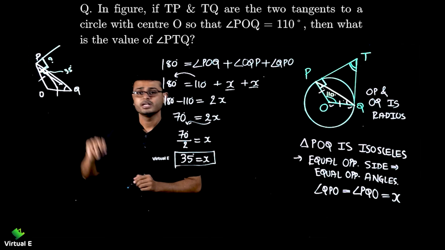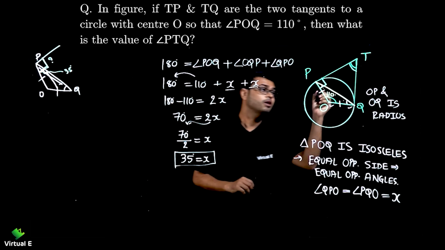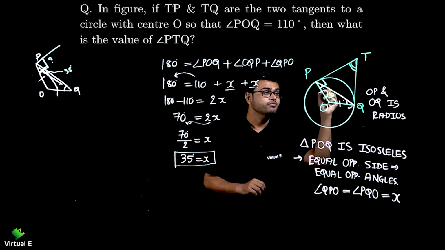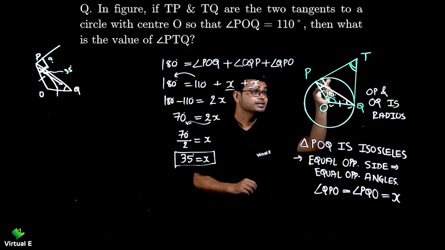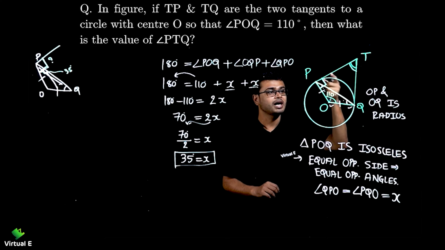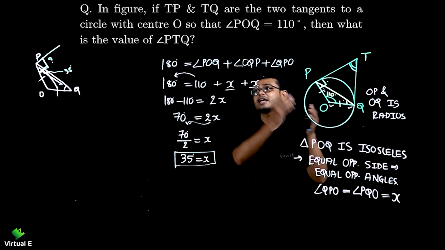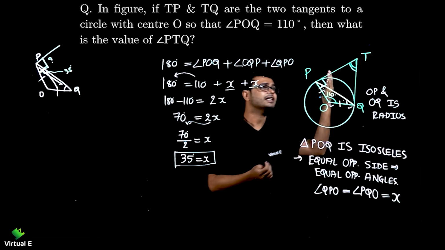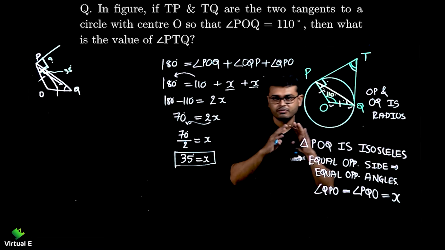That will be the value of this angle. So that's why I found this angle. First of all, I want to jump from this triangle to this triangle. These are the two connectors, one and another over here, right? So I will be going into another triangle, then I will use the angle sum property and I can get the value of PTQ. Very simple.